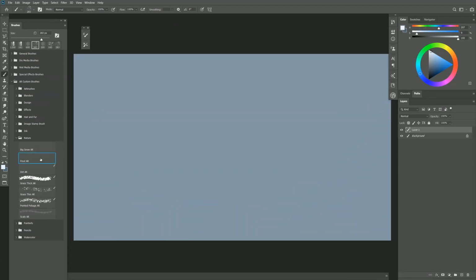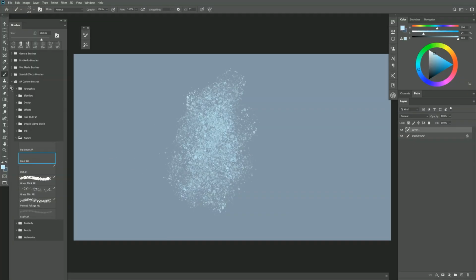The next brush is called Frost. If I paint with Frost and I kind of build it up on itself, you can see I get this really nice frosty texture. So for example, I could make a selection. Let's say this is a big chunk of ice here. And if I paint over it with kind of a light bluish color like this,